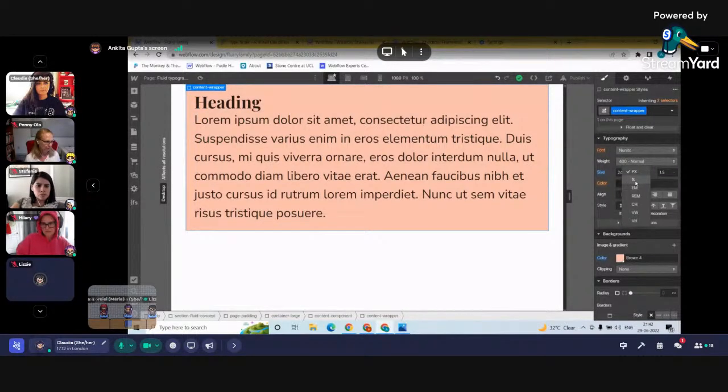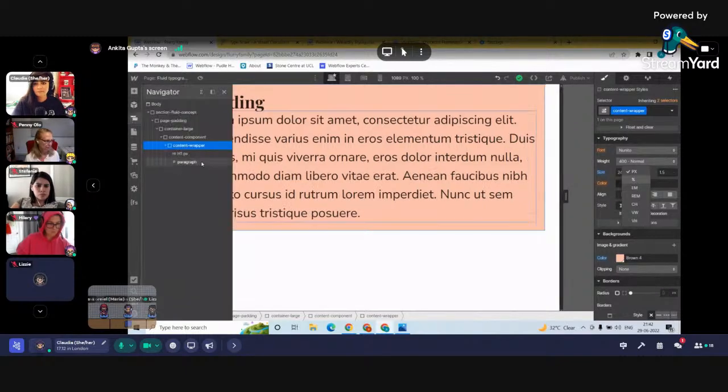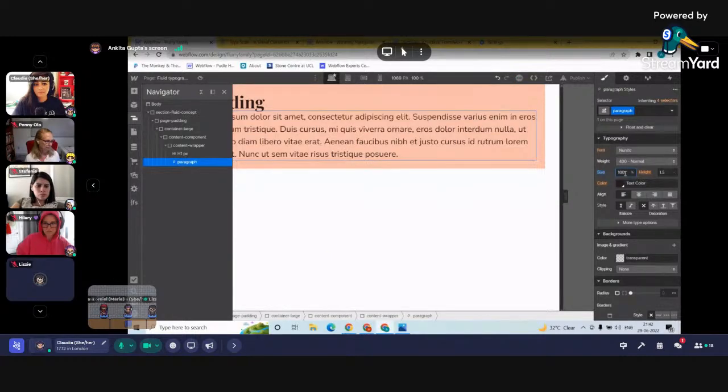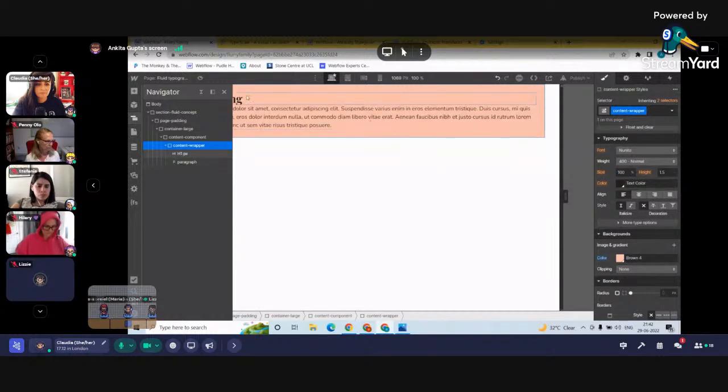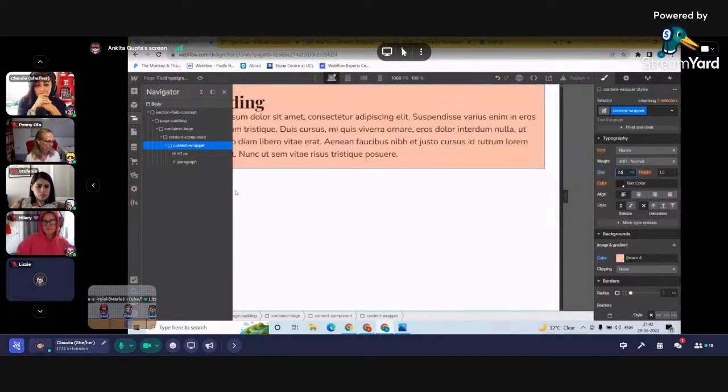Now, for percentage, let me tell you that 100% is equal to actually 16 pixels. So if you set your typography as 100%, it is actually 16 pixels. If I set my body here as 100%, it is 16 pixels. And let me just refresh this. Yep. Now, if I set my content wrapper, as you see, 24 pixels. So this paragraph is actually taking value from here, content wrapper,